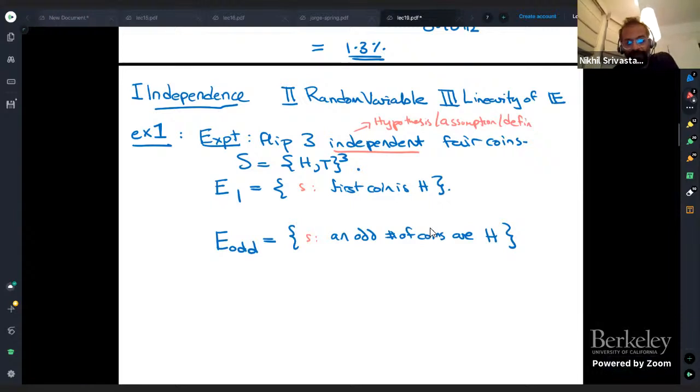So I've used this concept of independence to specify that the probability of a particular configuration of coins is just the product of the probabilities you get for the individual coins. So now I want to ask one question,